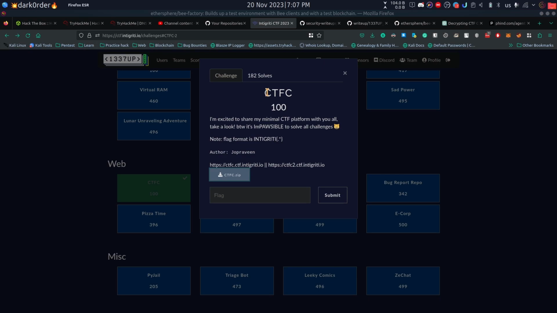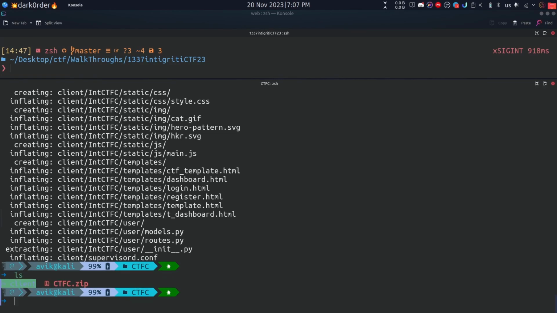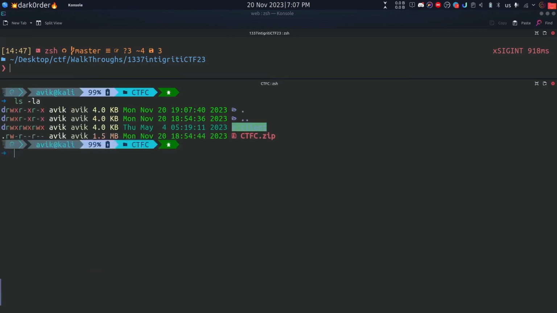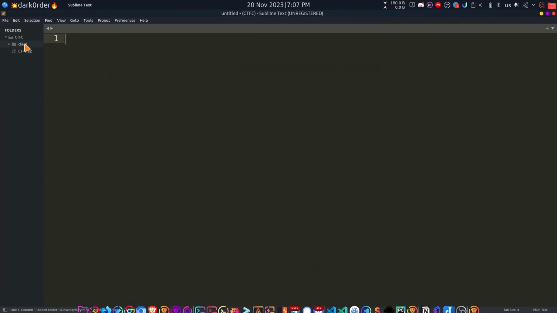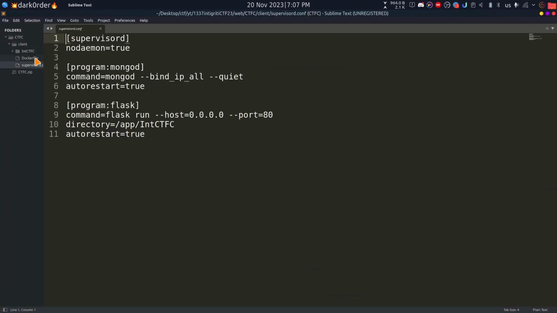So let's see the first challenge, the web challenge, that is CTFC. I have downloaded the zip file. Let's extract it. We will unzip it first, then we have the challenge file, and the name is not visible properly, I think. Okay, so let's open Sublime Text, and here we have the challenge file, we have the Dockerfile,